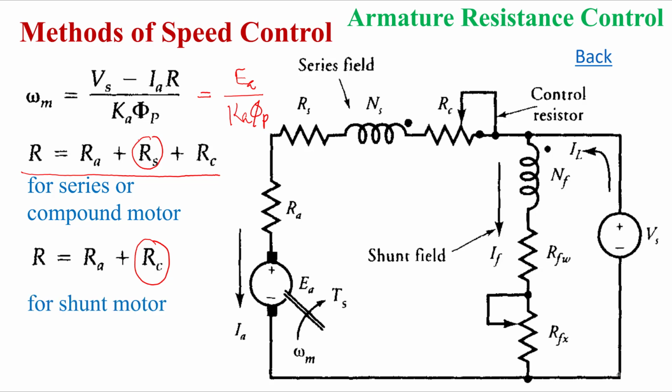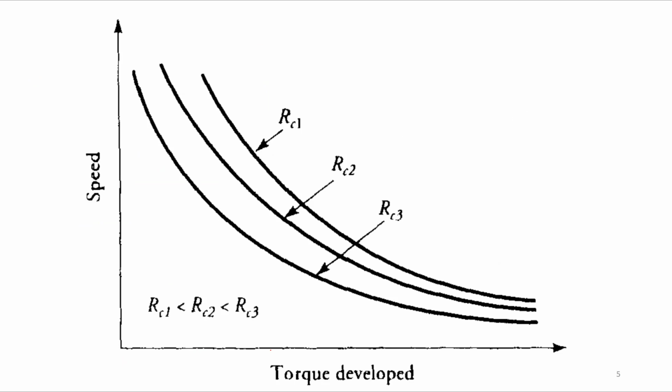So now, in order to achieve the speed control through the armature resistance, we need to control this voltage, then we'll get the speed control easily, right? We can control this by controlling this IA. As we increase the IA, what will happen? If your IA is increased, then your omega will decrease, right? That means if your IA decreases, your omega m will increase, right? Okay, so by this principle only we can do the control, right?